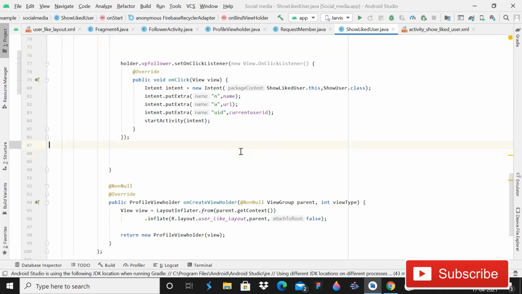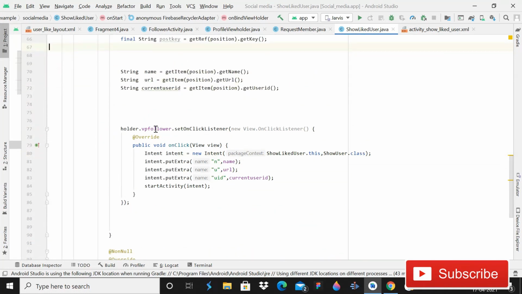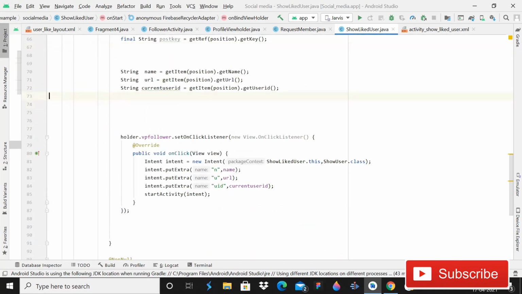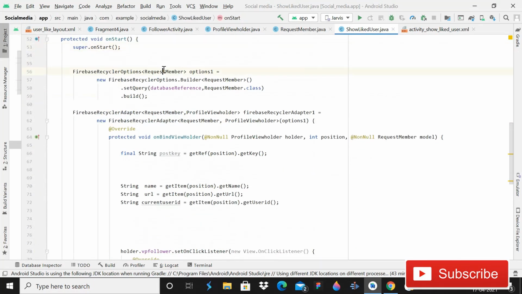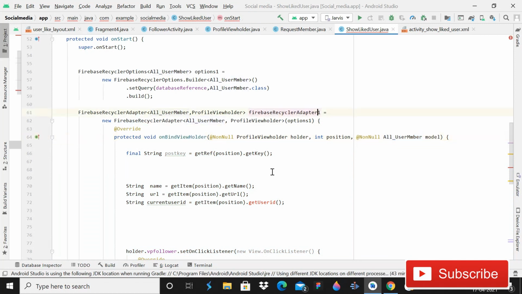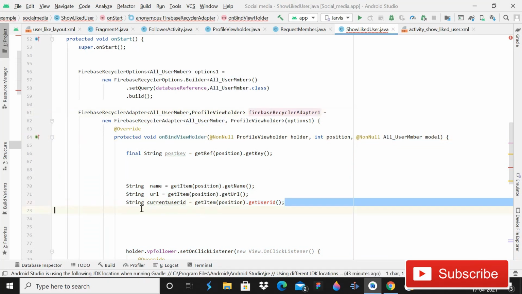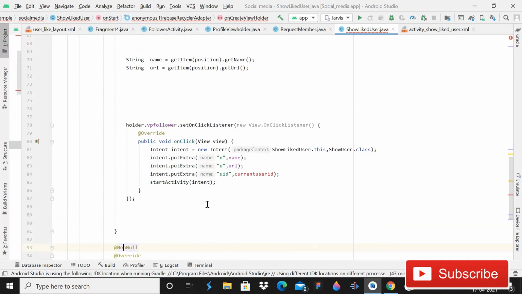So when the user will click on this, now it's time to implement, yeah, now we can make this one all user member easily. So control plus c, then control plus v, then control plus v, then control plus v, and then control plus v, done. Then last time control plus v. So now we have all that stuff, so delete that for now. And it is showing error, why? We will solve it in just a few seconds, don't worry.